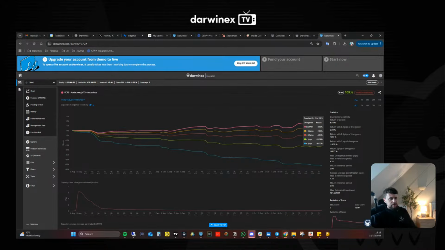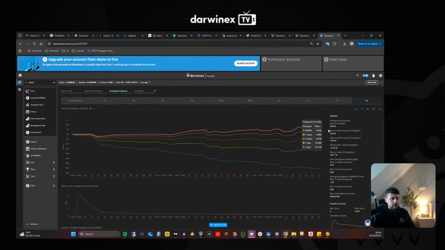divergence sensitivity chart here. Effectively, what we do is we measure the toxicity flow of your orders. Essentially, how easy is it to facilitate your orders as a trader? On Tuesday this week, the last update you had, your Darwin was at 8.5% return. Now, if any investor in your strategy was getting slipped by 2 pips in that same time, they'd be down 36% on their account, which is major.